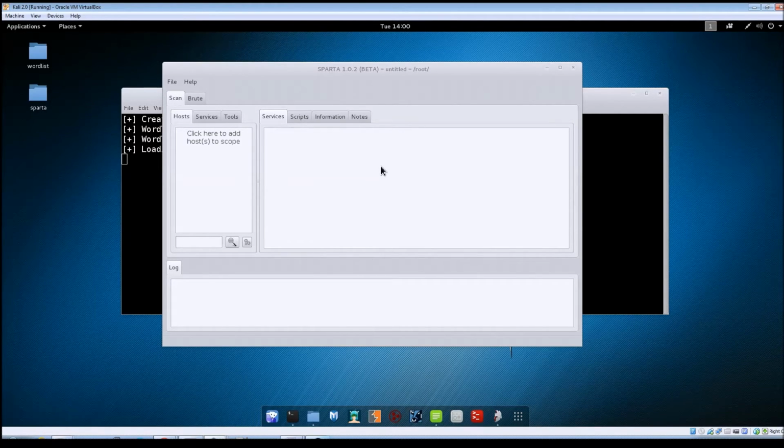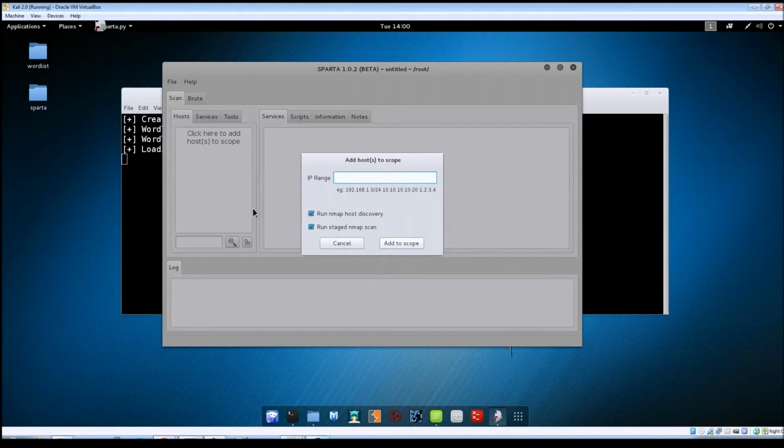Alright, so to get started with a scan, the only thing that we need to do is add a target. And for this tutorial, I've got a Metasploitable VM also running, and that's what I'm going to run all of my scans against. So you can select any target that you've got available in your lab. So when you go here, for this one I'm just going to type in the IP address of my Metasploitable machine,